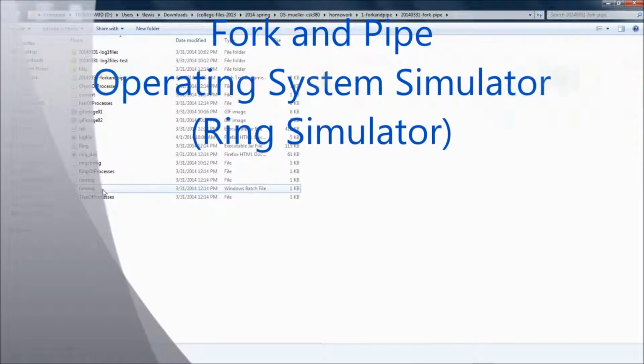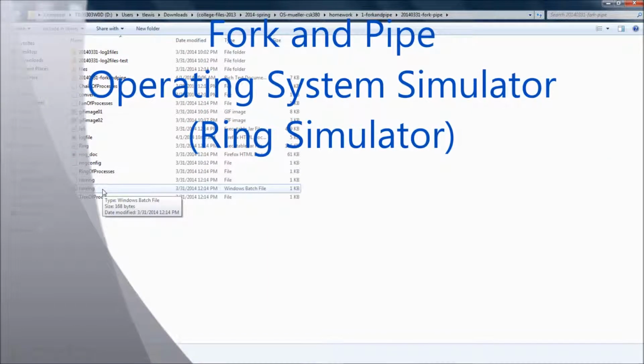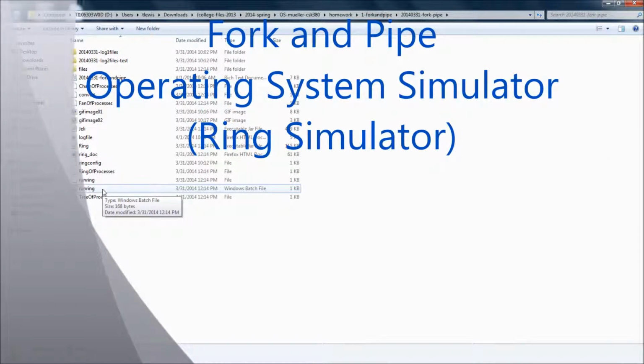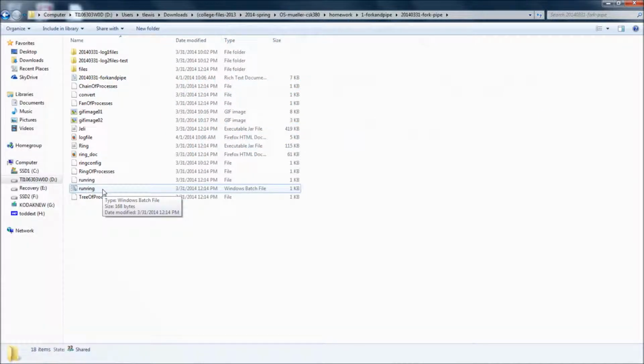Okay, this is a video to run through another piece of software called Ring, which is an operating system simulator on how processes function, how the CPU handles processes and parents, children, forks, etc. Here's how you run it. Just Google Ring and you'll find it. It's free